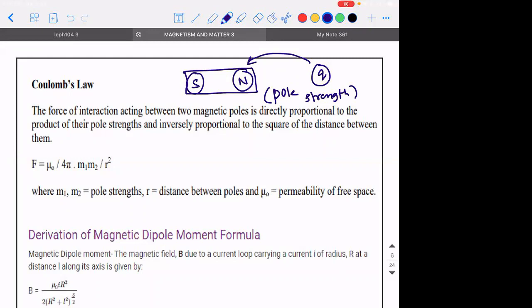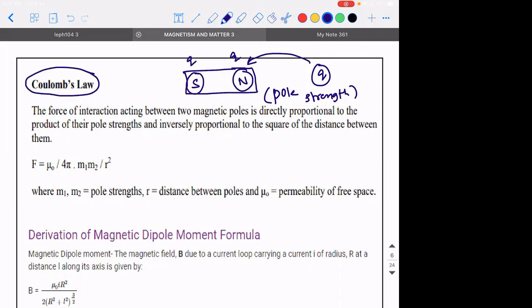Okay. So if I say the pole strength of this material is, I'll call it Q1, but don't get confused. Here, Q1 doesn't mean charge, I'm just using a symbol, okay? Q1 represents pole strength. And Q2 is the pole strength of this. So generally for a magnet, both the poles will have equal strength. Okay. So there is something called Coulomb's law of magnetism.